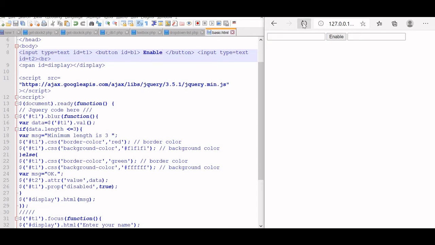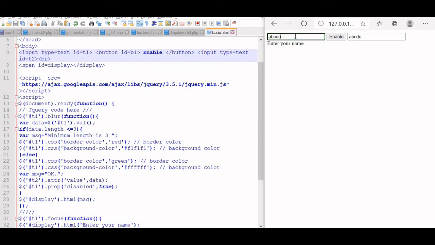Now refresh this. A, B, C, D. Now on blur it will transfer the data. Yes, we have transferred it. Now this is totally disabled. I am unable to click this now. So let us enable this. Now I should be able to, yes, A, B, C, D, E. Now I am pressing the tab to blur it. My focus has moved out, so my code is executed and the data is copied to text box 2. At the same time, this got disabled. I will enable it again.